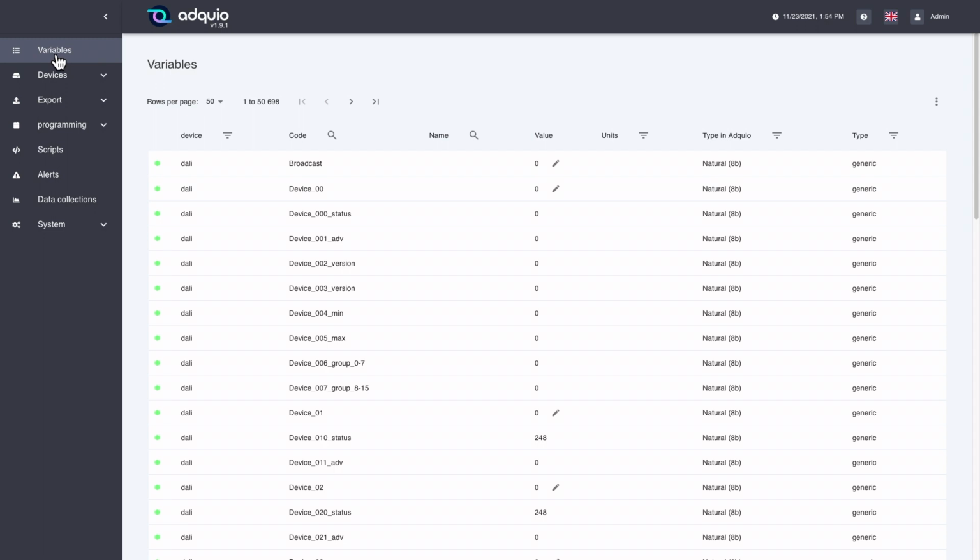We have a zone of variables, which is what we are seeing at the moment. We have a zone of devices, one data export zone to another device superior to us, the programming zone, time scheduling, the scripts zone, which is where Adquio is literally programmed. The alerts zone, alert management and alert configuration, the data collections, which we will explain what they are, and the